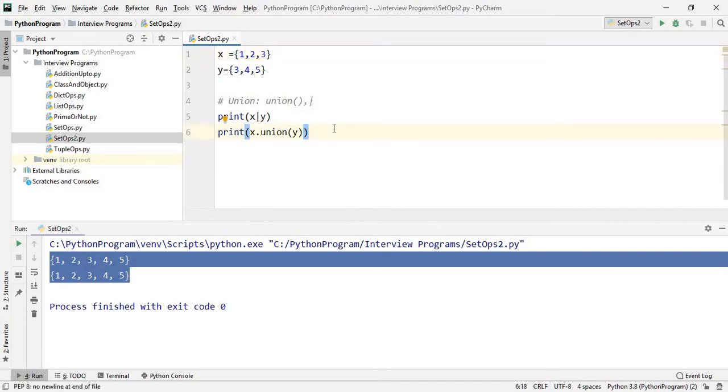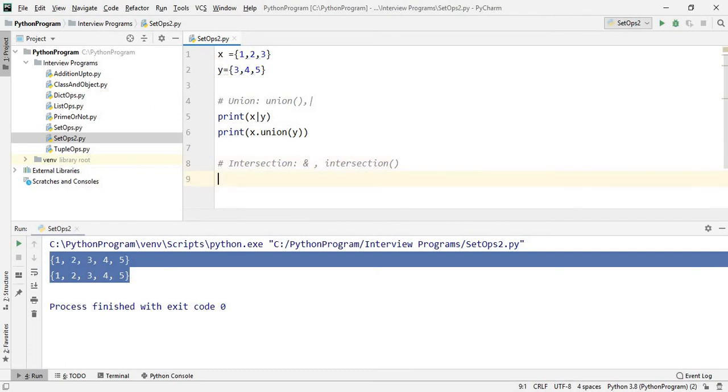Now comes intersection. As we know, intersection can also be found in two ways. One is the AND operator, and intersection is itself a method.